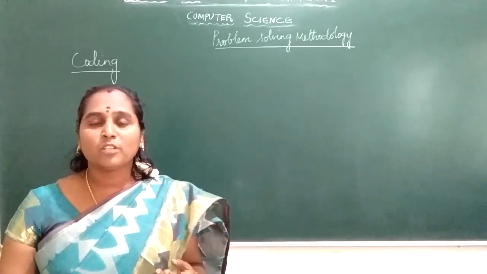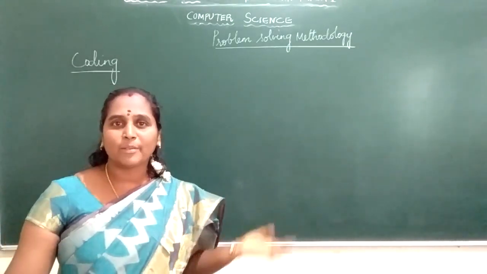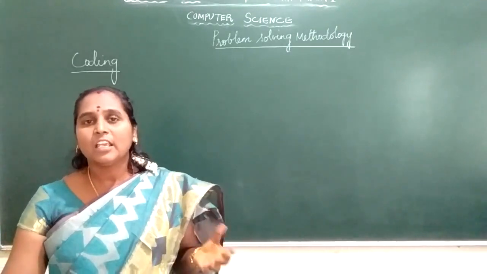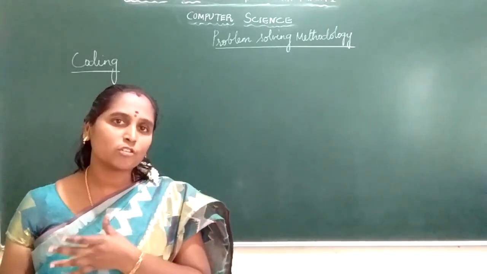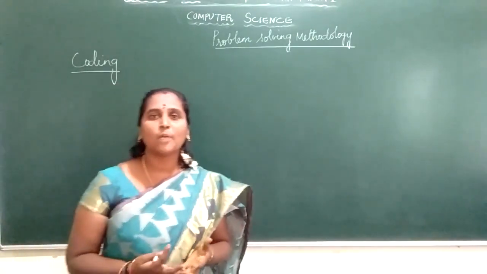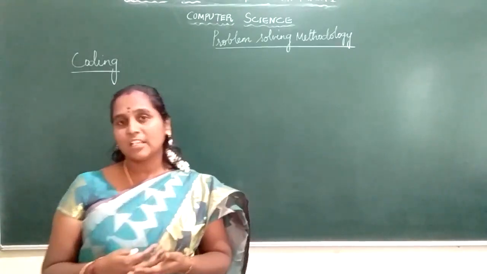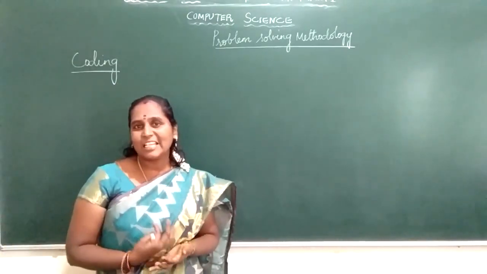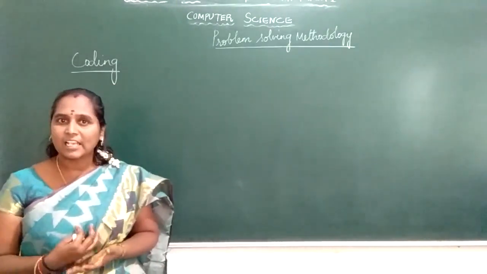And next we went to the flowchart. A flowchart is nothing but a pictorial representation of an algorithm. We call it a flowchart. In that we designed a number of flowcharts for a given program or problem. Then we discussed the importance of the flowchart. Then we went through the advantages and disadvantages of the flowchart in the last sessions.